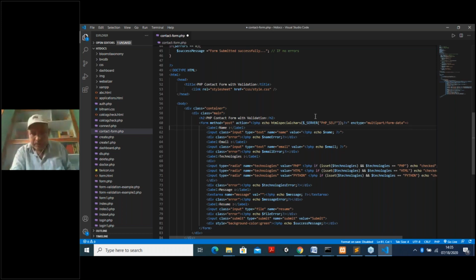We started here with PHP, it should be a question mark. I do not know whether this question mark is there or not, but there must be a question mark for this. Now this is what I am using, because I told you there are three types: plain text, multipart, and another type also, but we are interested in multipart form data. Then we start our HTML part.